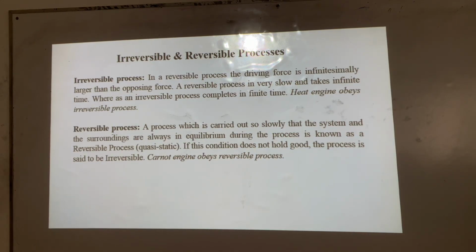ইরিভার্সিবল এন্ড রিভার্সিবল প্রসেসেস। ইরিভার্সিবল প্রসেস কি? ইরিভার্সিবল প্রসেসের একটা এক্সাম্পল দাও বাস্তব জীবনে। বাস্তব জীবনে বেশিরভাগ প্রসেসই ইরিভার্সিবল। হিট ইঞ্জিন উদাহরণ, ঠিক আছে, হিট ইঞ্জিন নিজেও একটা ইরিভার্সিবল প্রসেস। যেমন হচ্ছে মৃত্যু, ডেথ ইজ অ্যান ইরিভার্সিবল প্রসেস। ওয়ান্স ইউ ডাই, you never come